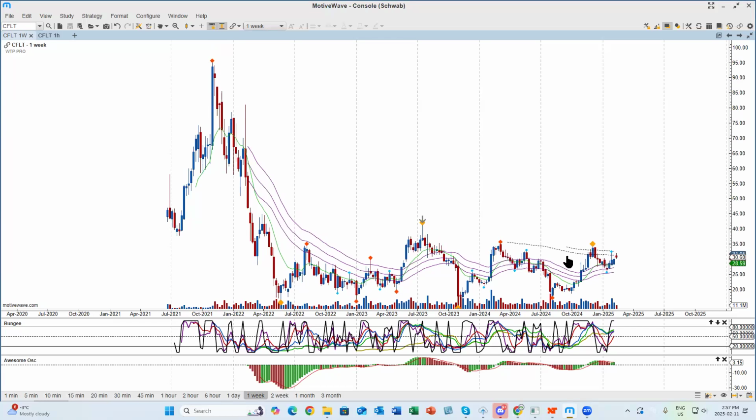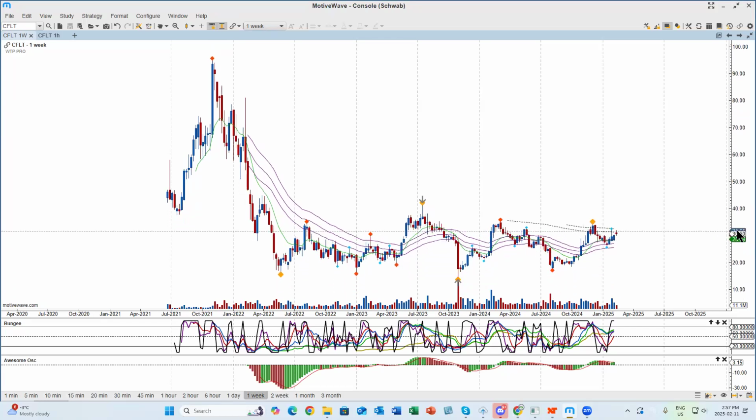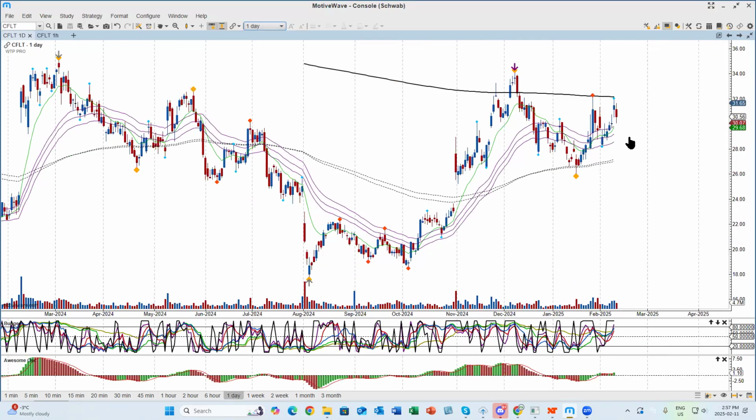Okay, look at the weekly chart. So we're trading below the tunnel, the weekly tunnel. So let's go to the daily. Typically that's bearish until we go above it. And we have the move on the daily. We've broken through. We gapped up here, and then we've come down to retest the tunnel. But what's positive about this stock is that the yellow bungee is above the 50% mark, and that's bullish for me. So this is buyable on dips. It's definitely buyable on dips.